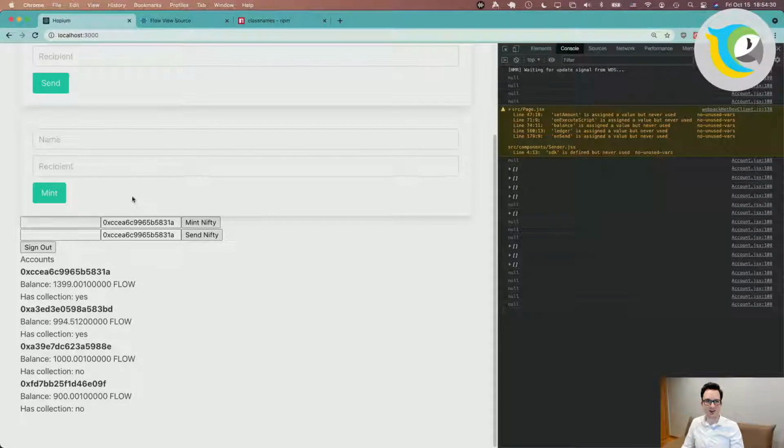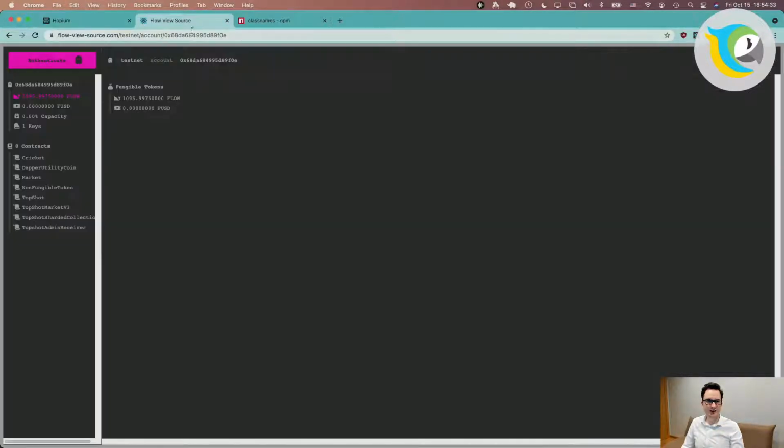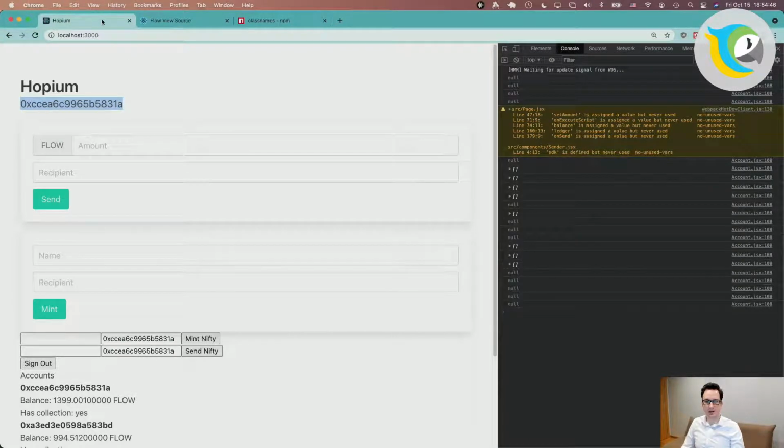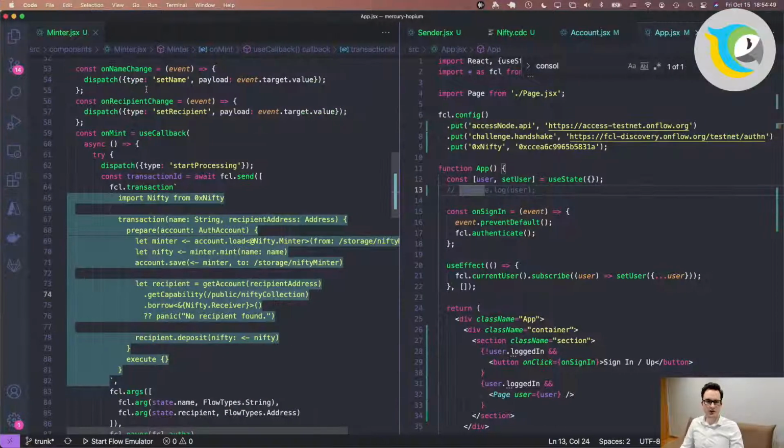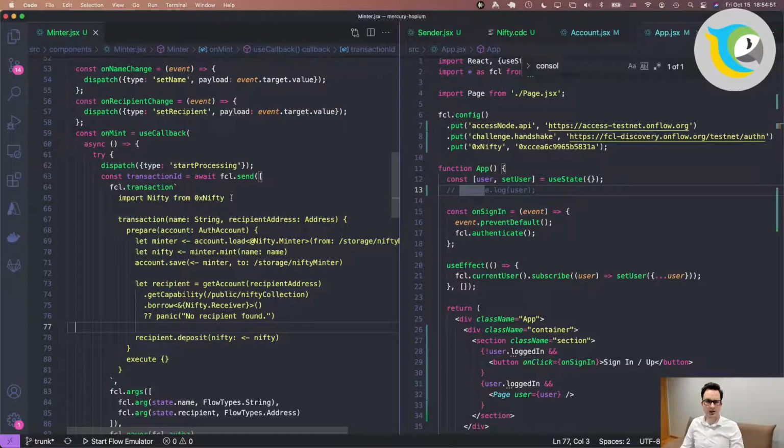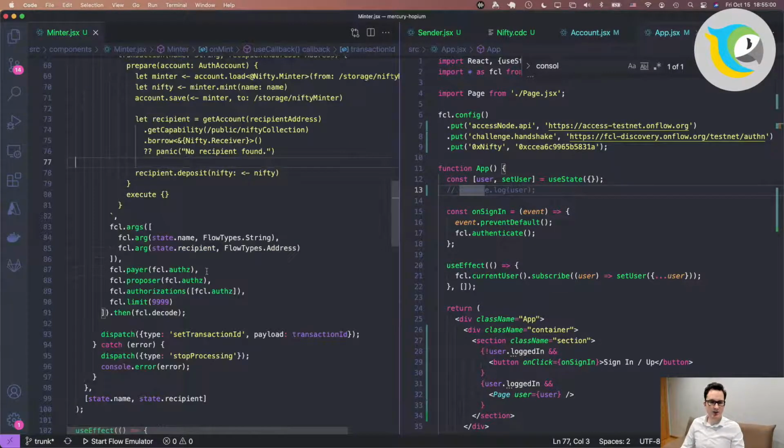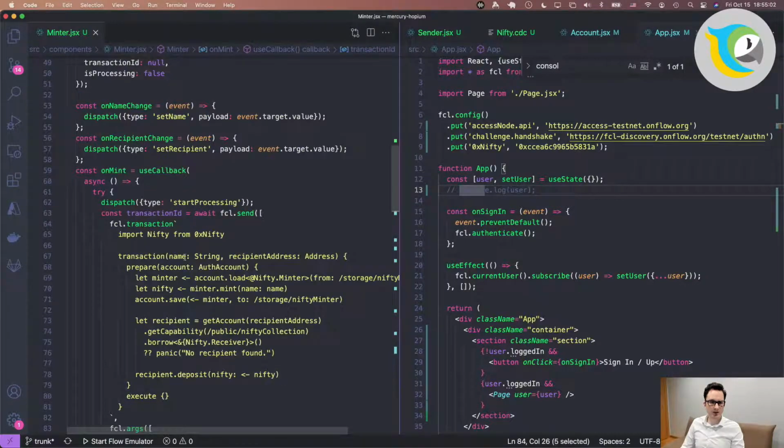Gosh, that is weird. Let's take a look at this account. So we have this nifty contract. Now obviously I can't look at the storage right here. Interesting. So if this is minting it, and it's minting it from the nifty part, the name is coming through. Let's see what kind of name we are sending when we send it.